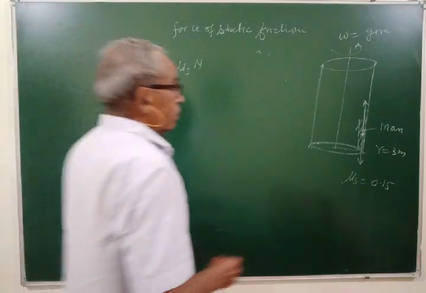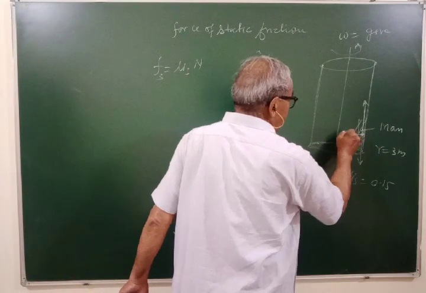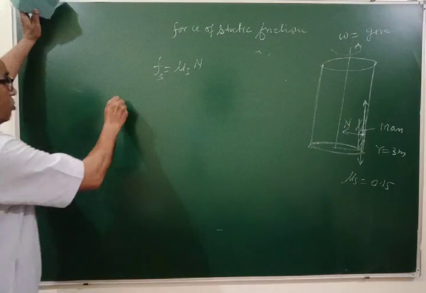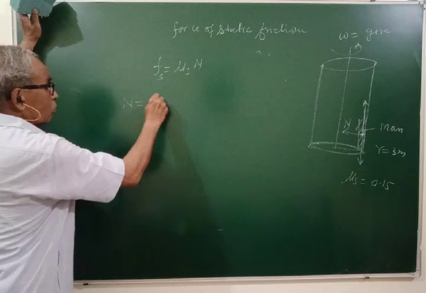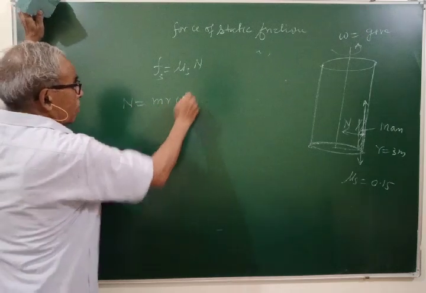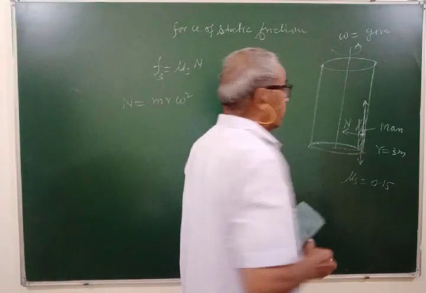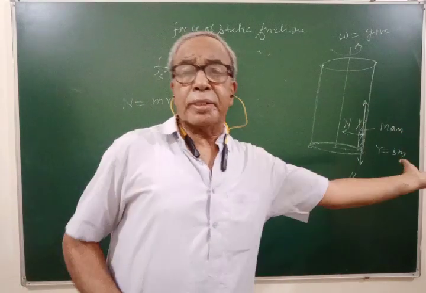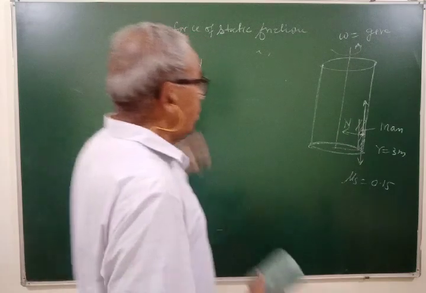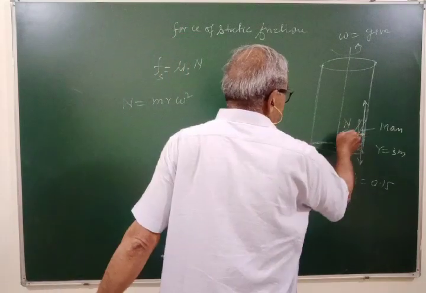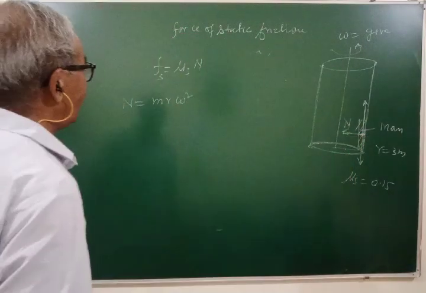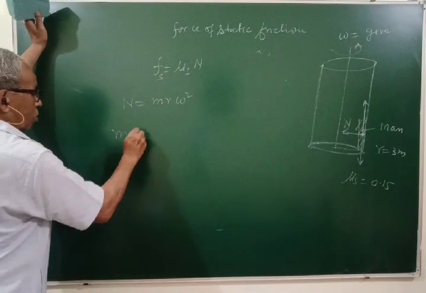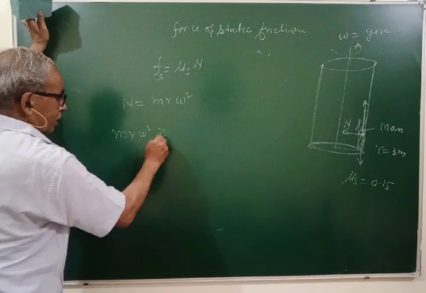Now what is N here? N is the normal reaction of the wall on the man. This normal reaction of the wall on the man is equal to the centripetal force, because to obtain centripetal force the man will push the wall outward, and the reaction of the wall will provide the central force. So to remain stationary, the minimum speed, m r omega square should be greater than or equal to